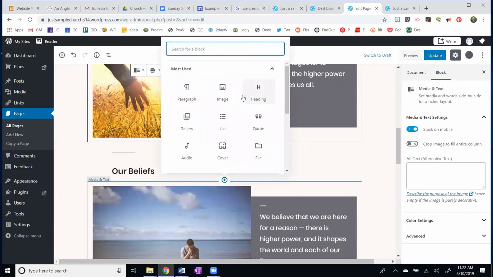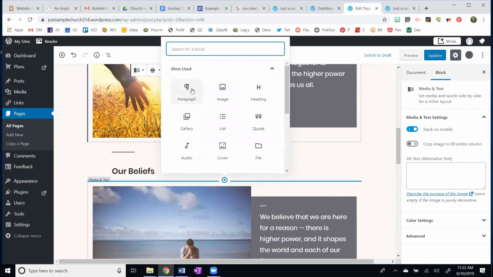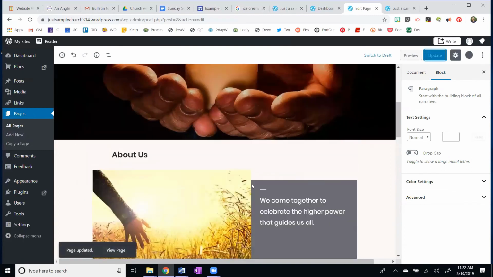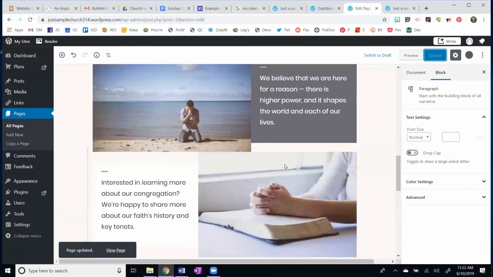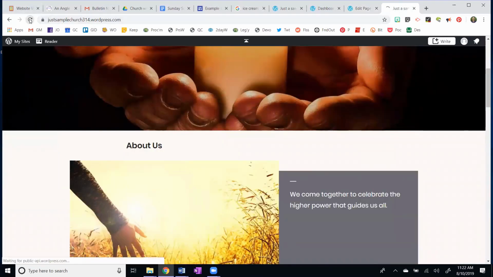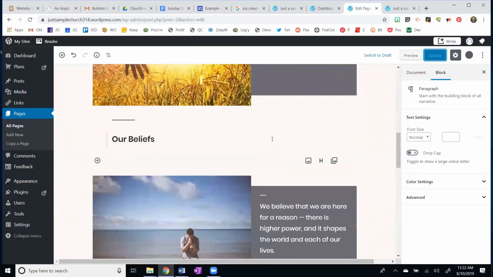And I can add images, headers, lots of things that I can add here. And I'm going to update this. And so I can come over and check it out, refresh this, and so on. All right. I'll just show you maybe one more thing here, and then I'll give you some work time.